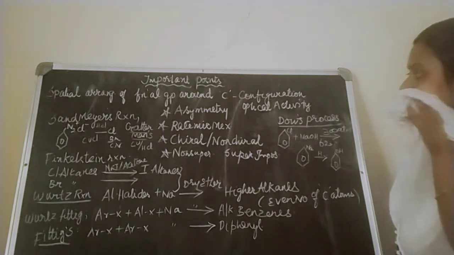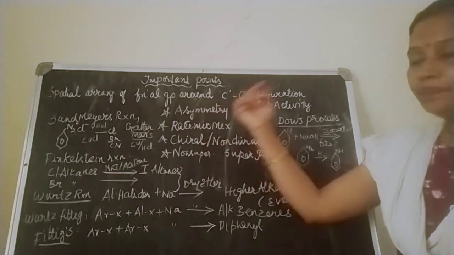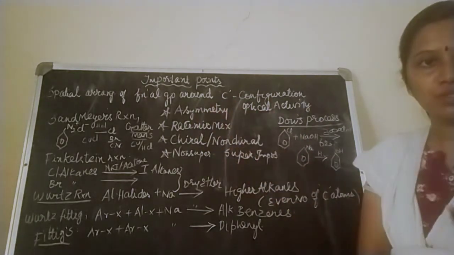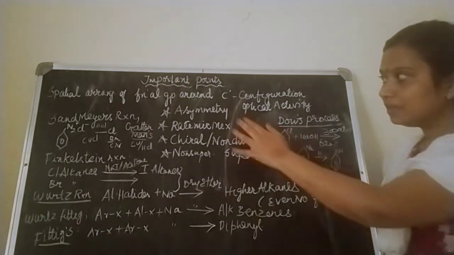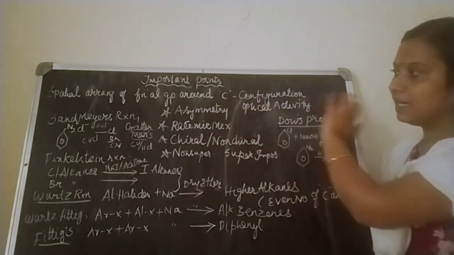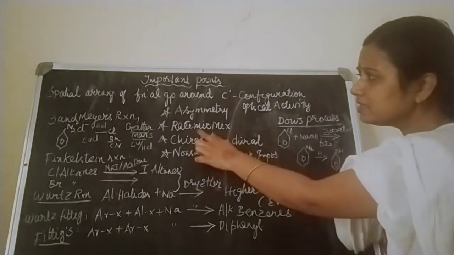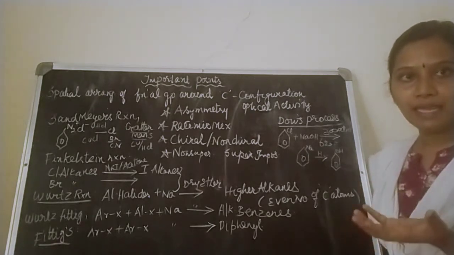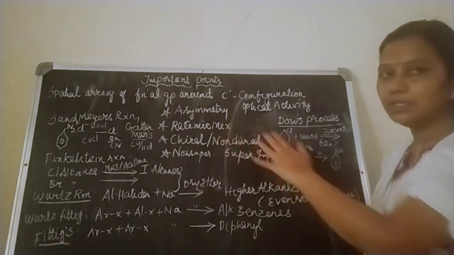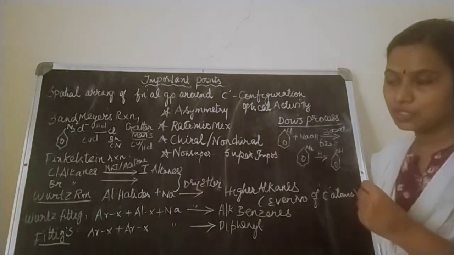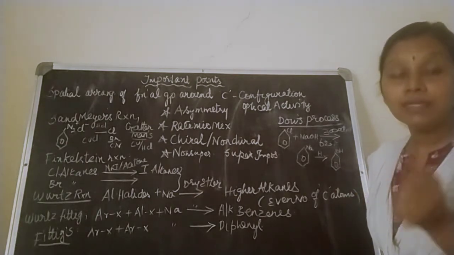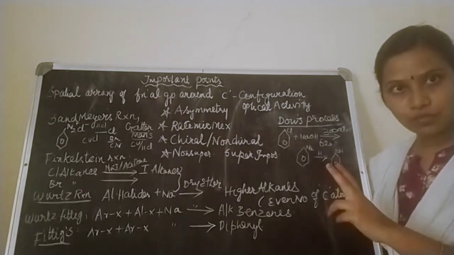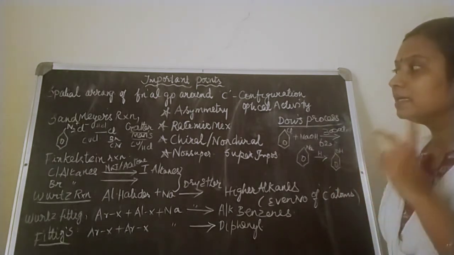Okay, yeah. Then what is asymmetry? A carbon atom surrounded by 4 different groups is called asymmetric because there is no symmetry over there, and whenever there is asymmetry, optical activity will be present. What is racemic mixture or racemization? An equimolar mixture of D and L forms is called a racemic mixture. This process is called racemization. What is the opposite of racemization? Resolution. I separate my D isomer and L isomer from the racemic mixture. This is called resolution.